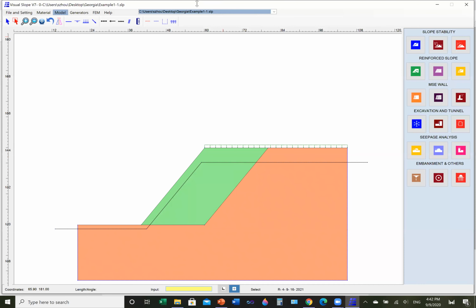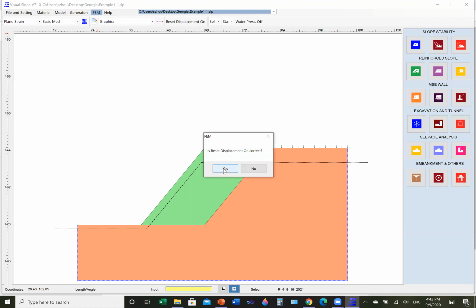okay, then we run the slope step, run finite element again. But I would reset the displacement because I do not want to include the previous displacement. So I click that, let it be reset. So once we reset, we click this again, and then